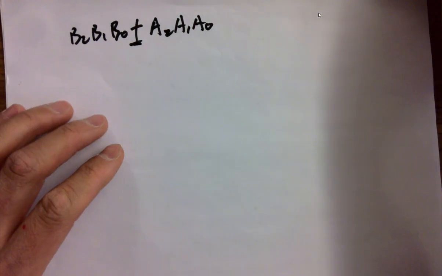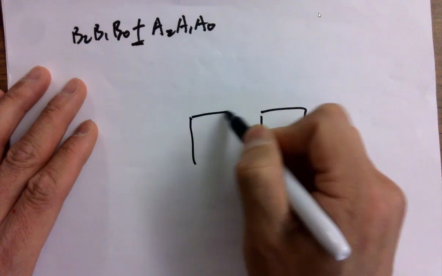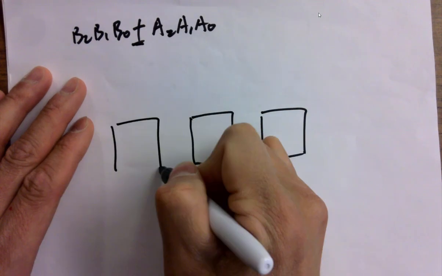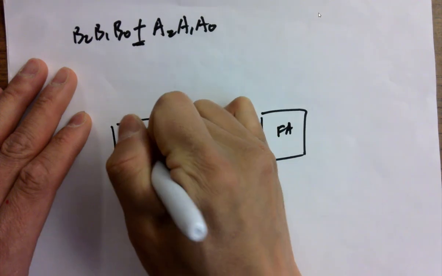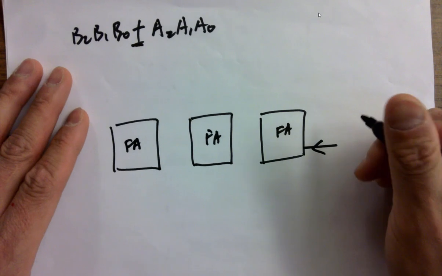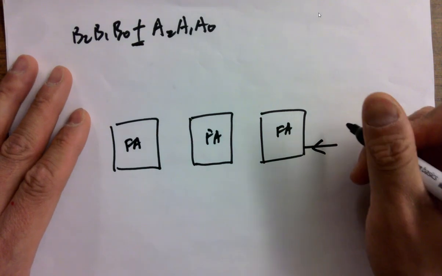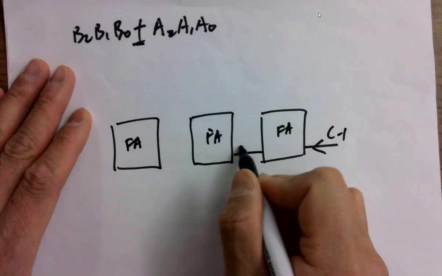You have 3 bits, so you need 3 full adders to hold these bits. FA, full adder, and this is a carry in. It has a very silly name, which is C-1, because I don't use this as a C0,